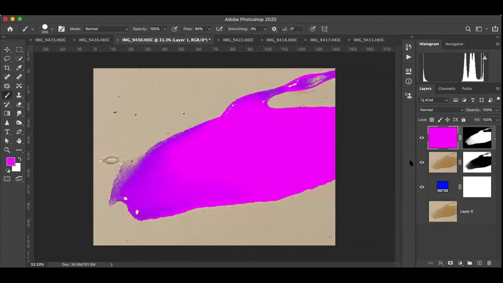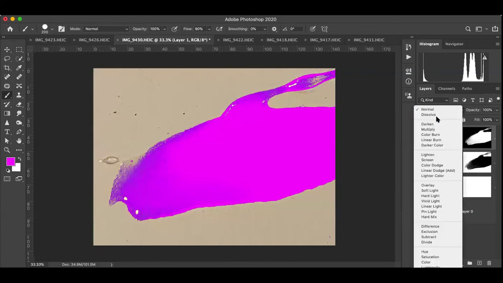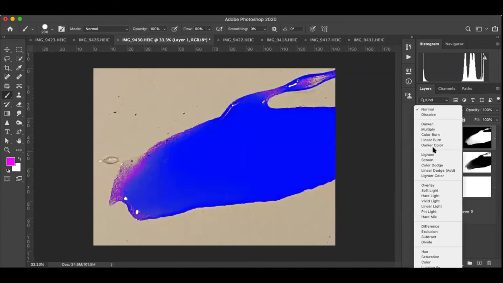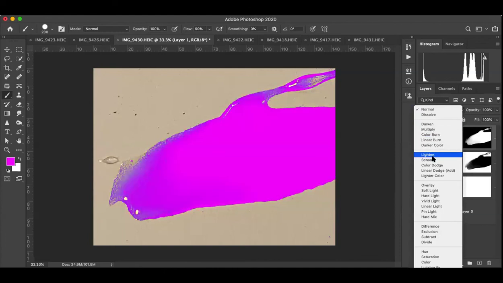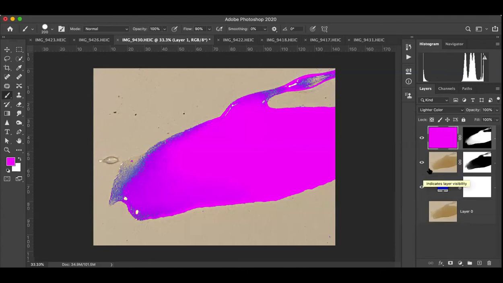Let's see if we combine these layers together, and I use this, and I go through some of these functions. All right, I quite like that. Now this is where it can start getting tricky. You can say, okay, well, I kind of like that texture, but let's see how far we can push it. So now with all of this,